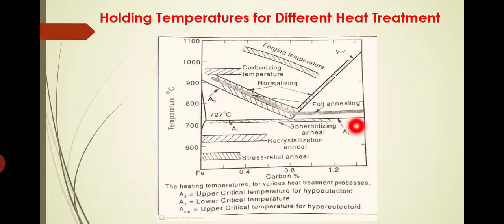degrees Celsius for steel. Okay, for hypereutectoid, the temperature is different from hypoeutectoid, and that is shown by the line ACM. The upper critical temperature is shown by the line ACM. What is the difference between these two? Here we will have much lower carbon concentrations. Here the eutectoid solution will have 0.8 percent by weight of carbon. Towards this side the carbon percentage will be less.